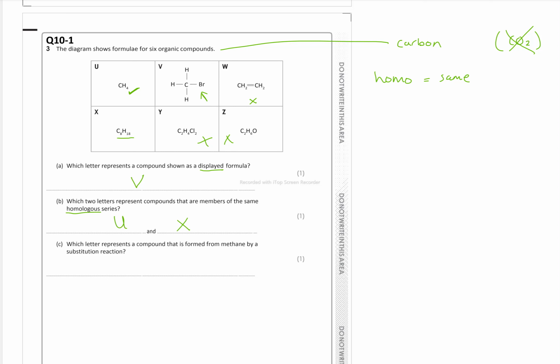Which letter represents compound that is formed from methane with a substitution reaction? So methane is the stuff that comes out of your gas tap. It is a hydrocarbon. It's an alkane. It's got four hydrogens, one carbon. Single carbon to carbon bond as such. There's no double carbon to carbon bond, so it's an alkane. So methane plus